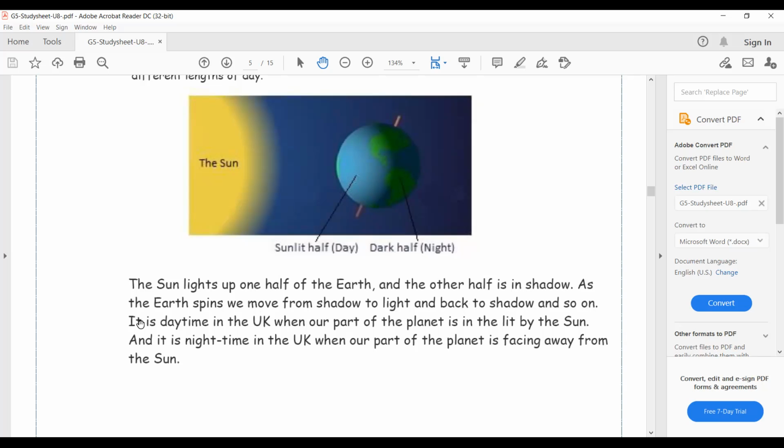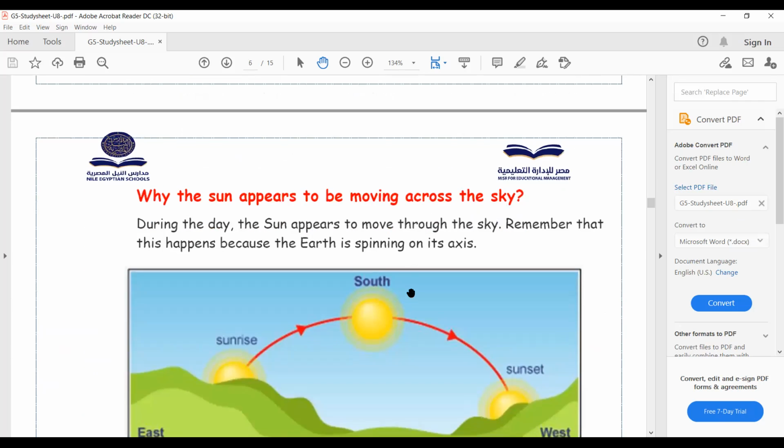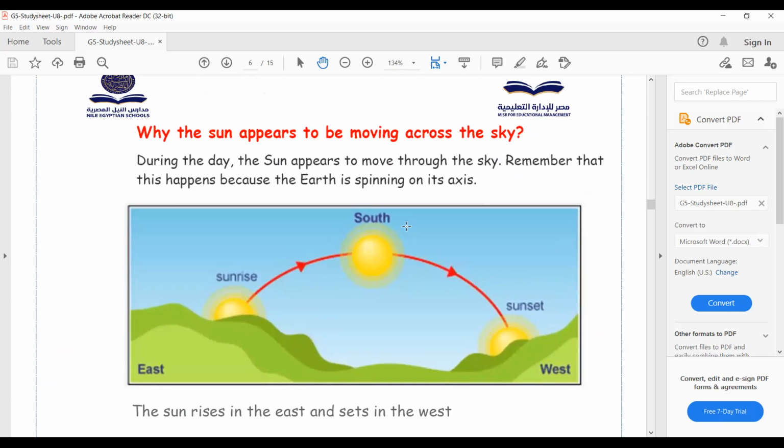It's daytime, for example, in the UK, in the United Kingdom, when our part of the planet is lit by the sun, and it's night time in the UK when that part of the planet is facing away from the sun. Let's go to the